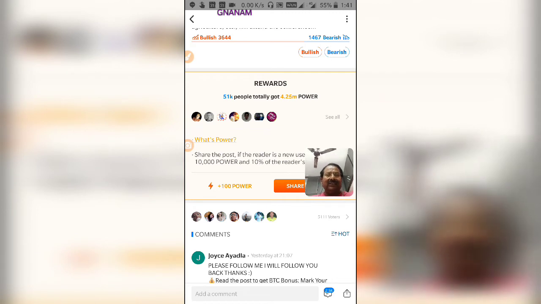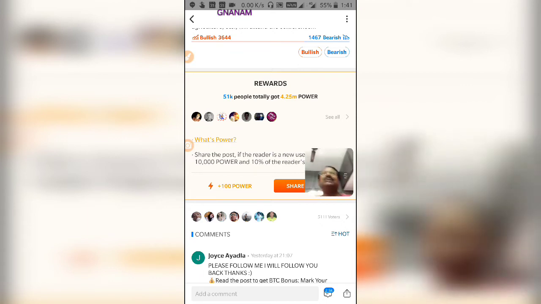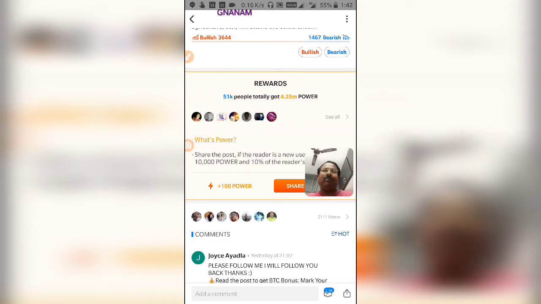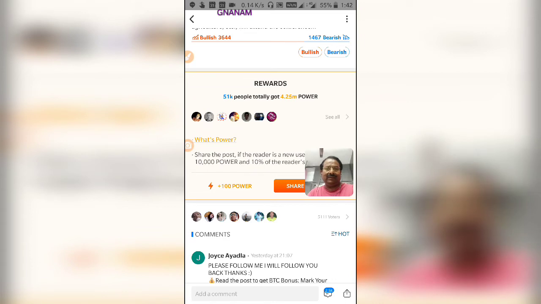So this is the way of getting points in the form of power points. There is a calculation for these power points. I will tell you later. For the time being, first, how to get money out of the three ways. One way I have told: this is reading the posts. Each post will give you 100 points, and 20 posts will give you 2000 points a day. Every day you will get only 20 and not more than that. So this is one way.